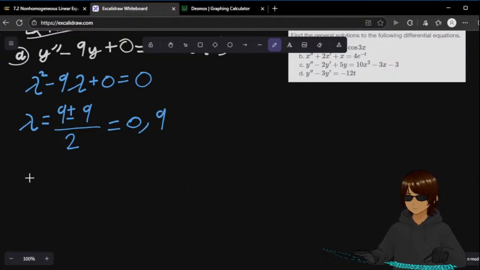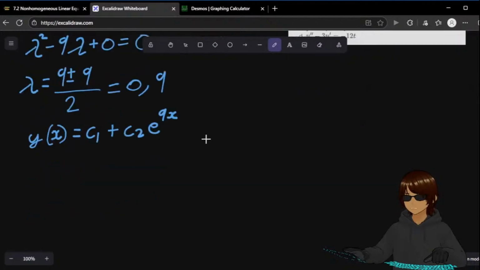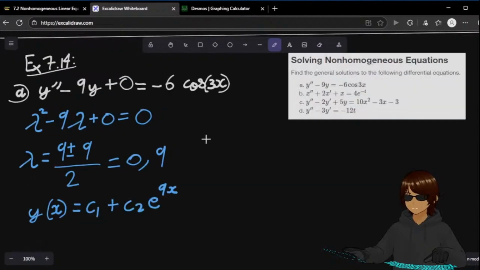But then we have y(x) is equal to c1, just c1, because it's e to the power of 0, and then c2 e to the power of 9x. And now the general solution. The general solution, yp, a particular solution may have the form a